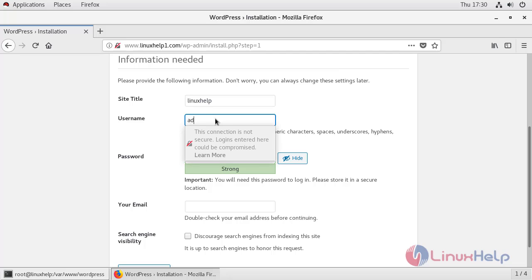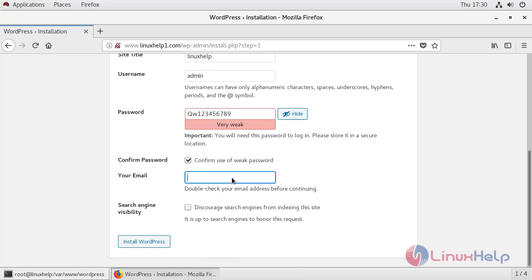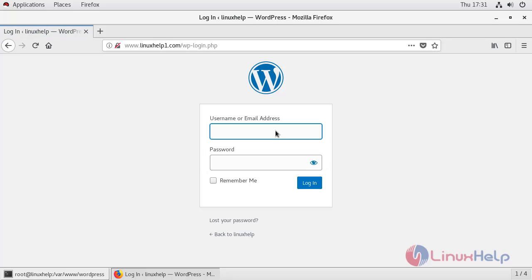Create username admin. Click on confirm. Here give email address. Click on install WordPress. Click on login. Provide here user credential.